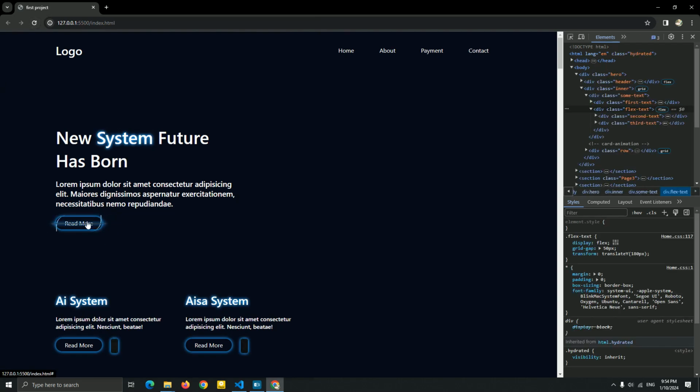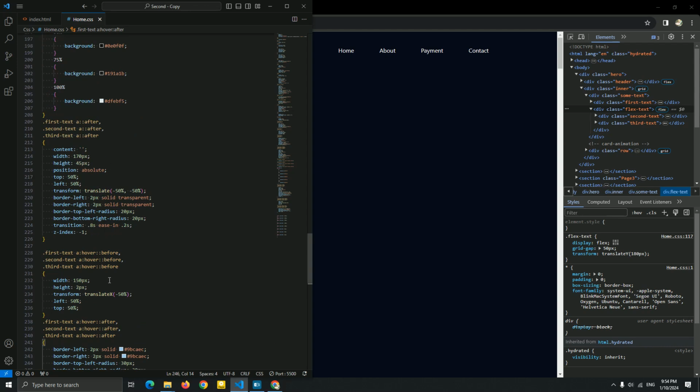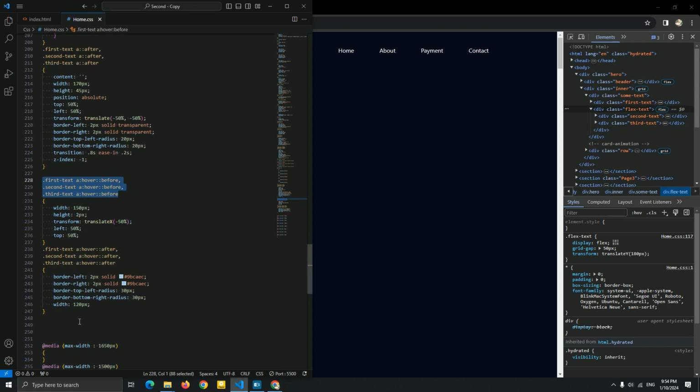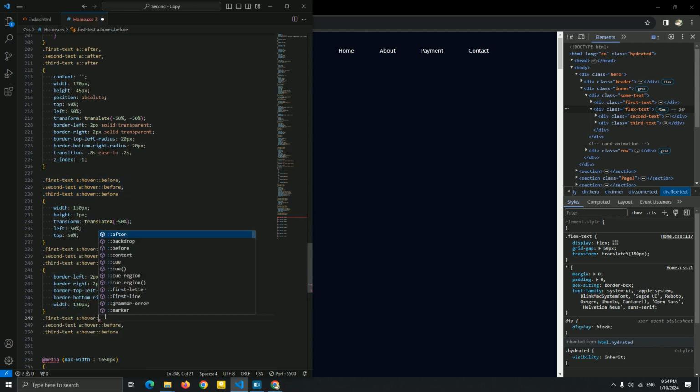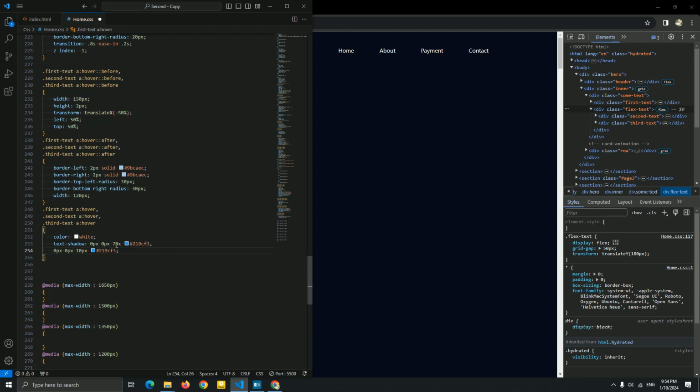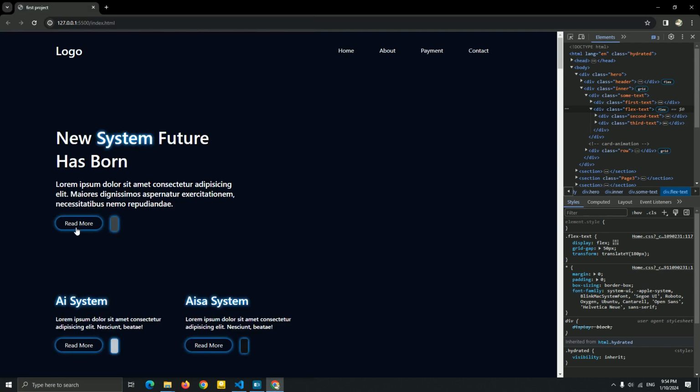Yeah. Now let me just delete a background and the box shadow of this A link of the hover. So just copy this, paste it. I'm gonna delete a background for this hover, guys, very fast. Yeah, I think it looks a bit better. And you can add the box shadow if you want. Now let's see it, guys. So we just created this beautiful hover. Yeah, this is our A link of this hover, guys.